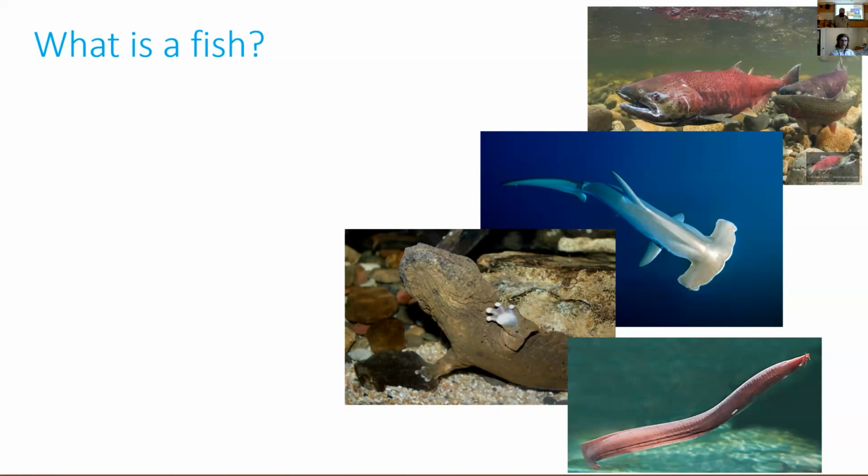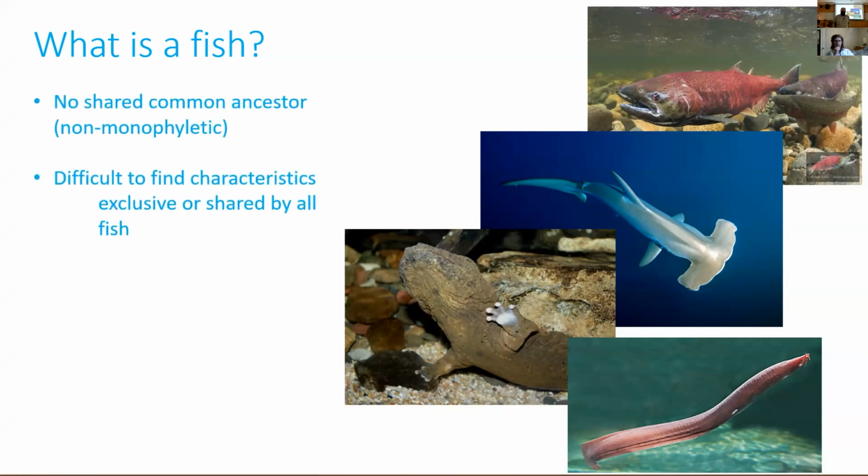Okay, thanks, Brian. So what is a fish? The truth is that fishes include the most broad array of vertebrate diversity. But they don't really have a shared common ancestor. They're non-monophyletic, we say. They're not all derived from the same common ancestor. And so it's kind of tough to find shared characteristics that tell you what a fish is,